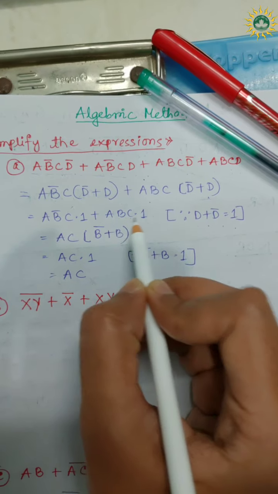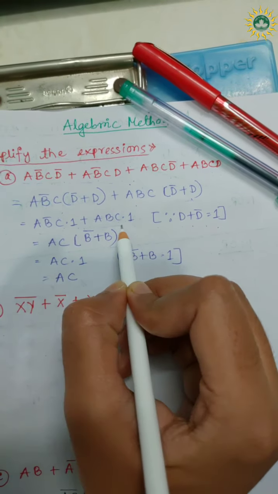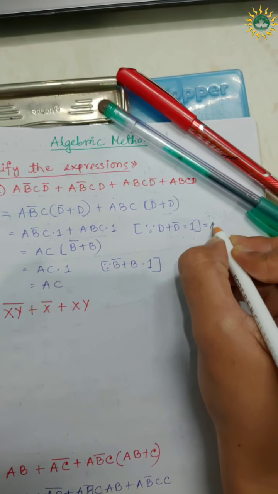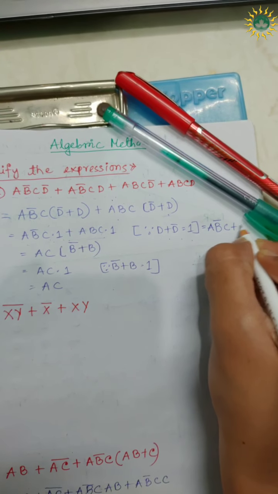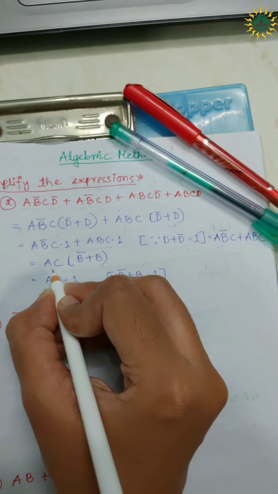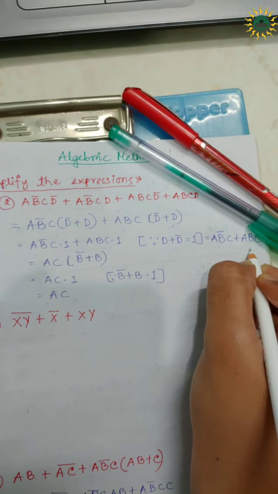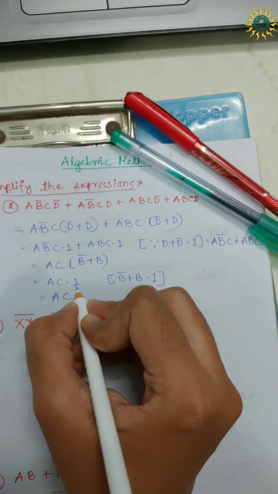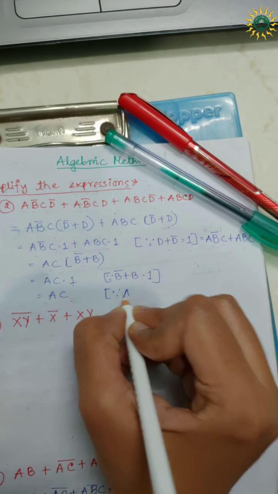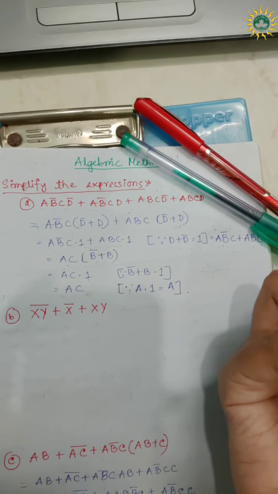That gives you ABC into 1, AB bar C into 1, which comes up with A B bar C, which I have not written. You can write it right there. A B bar C plus A B C. From these two we can take AC common. After taking AC as common, we are left with B bar and B. B bar plus B gives you 1. So AC into 1 gives you AC. Right? You can write it here. A multiplied by 1 gives you A. This is the rule that is used.